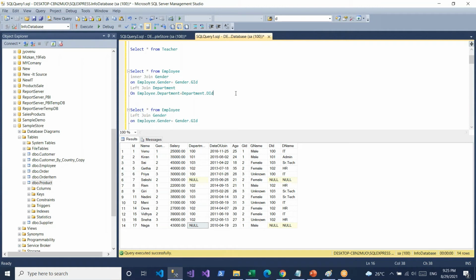I just want to add the same table name a second time. You wrote select star from employee inner join gender on employee.gender equal to gender.gid. I just want to join the same table gender again in a query, gender with department.